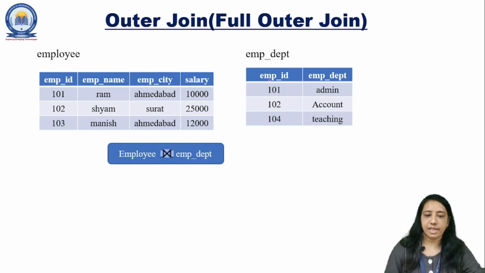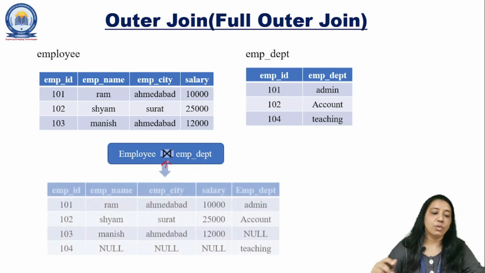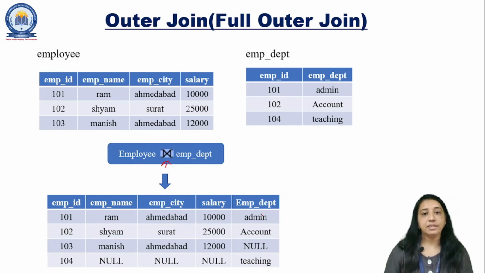The same example we will see, these two tables. Here you can see that the information of 103 is not there, and here the information of 104 is not there. If we define it with the full outer join, the symbol is this one. It will be pointing to both left and right. So the output, you can see, is the combination of the left and right outer join. Here for 103 this is going to be null, and for 104 we will not have the information of the employee, so this is going to be null. In this way the full outer join will work.